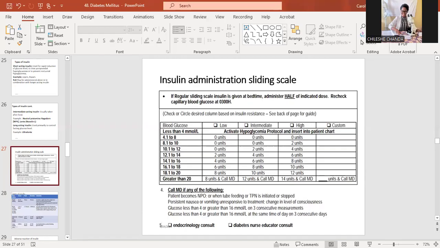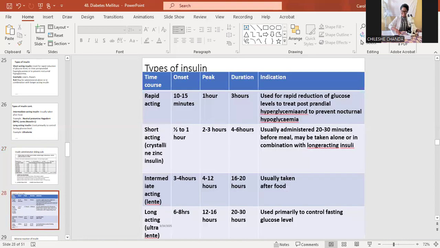The patient can be prescribed an insulin sliding scale according to how they are responding to the insulin. This is an example of how long these types of insulin can work in what amounts of hours. So for example, in rapid acting insulin, you find that the onset of